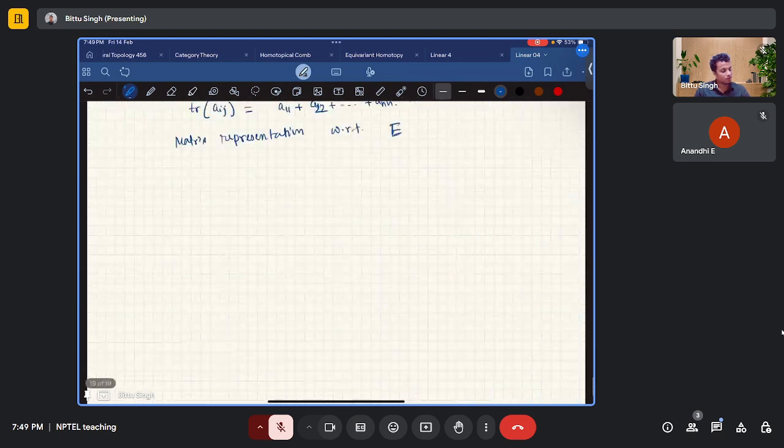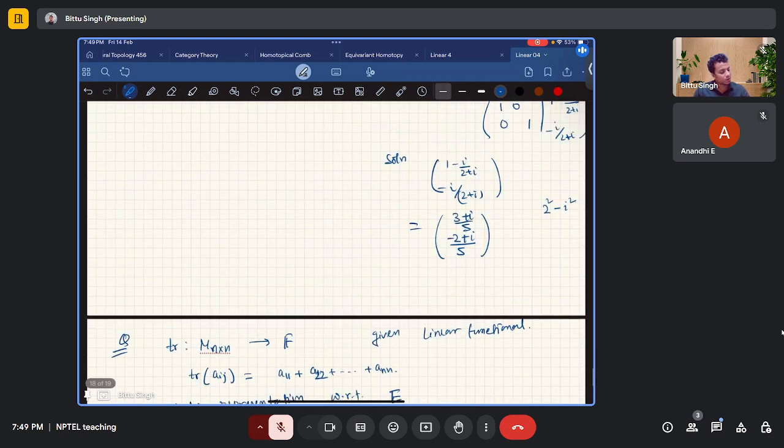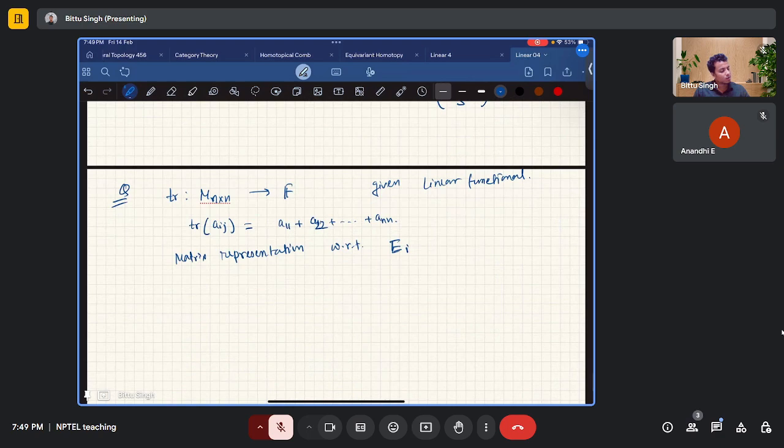So let me define E_ij, the matrix E_ij here. This matrix belongs to M n cross n,